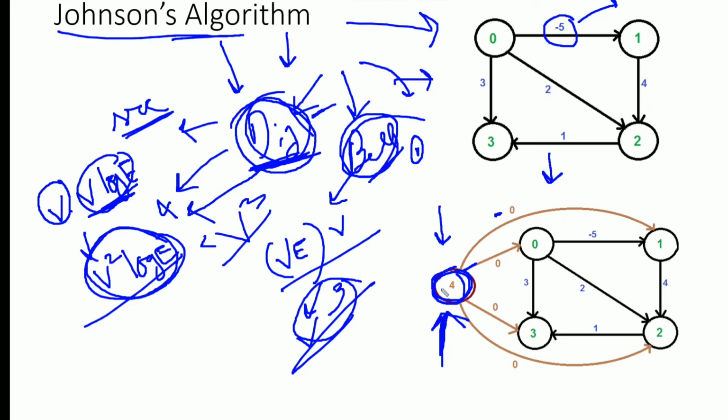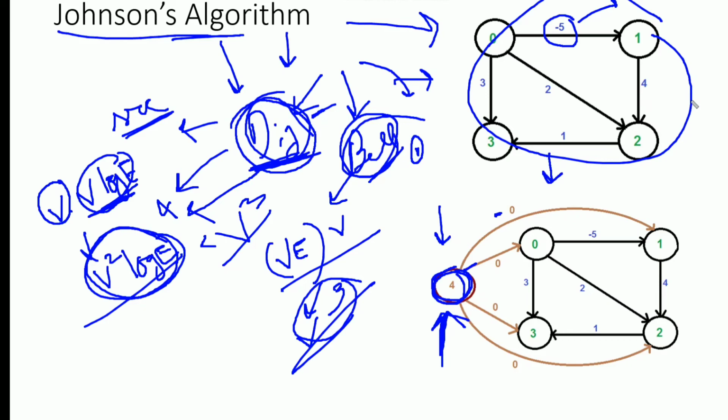It means that due to addition of this extra vertex, it won't affect the main graph. It won't create any negative weight cycle. But if in the graph itself there is a negative weight cycle, then this algorithm will not work. All the algorithms, that is Dijkstra, Bellman-Ford, Floyd-Warshall, Johnson, will not work if there is a negative